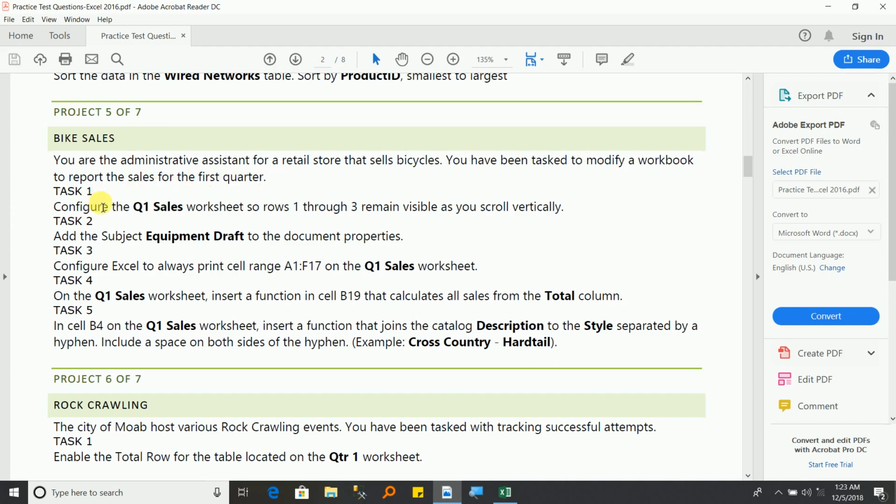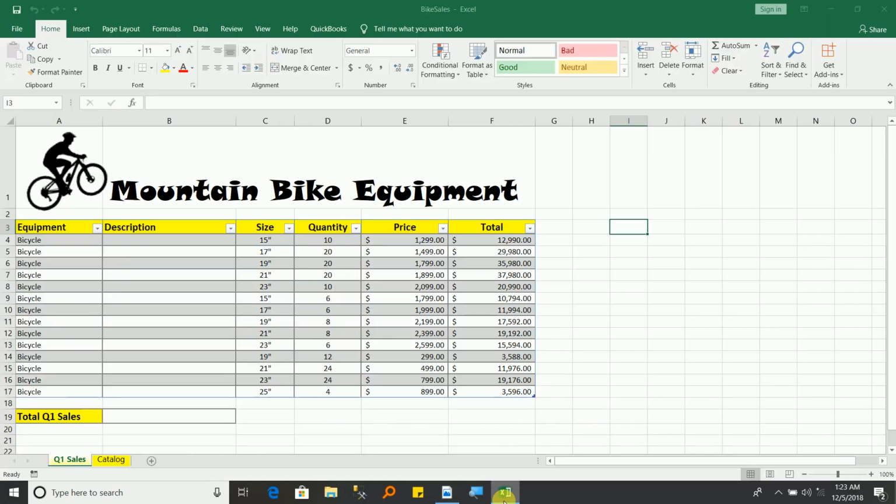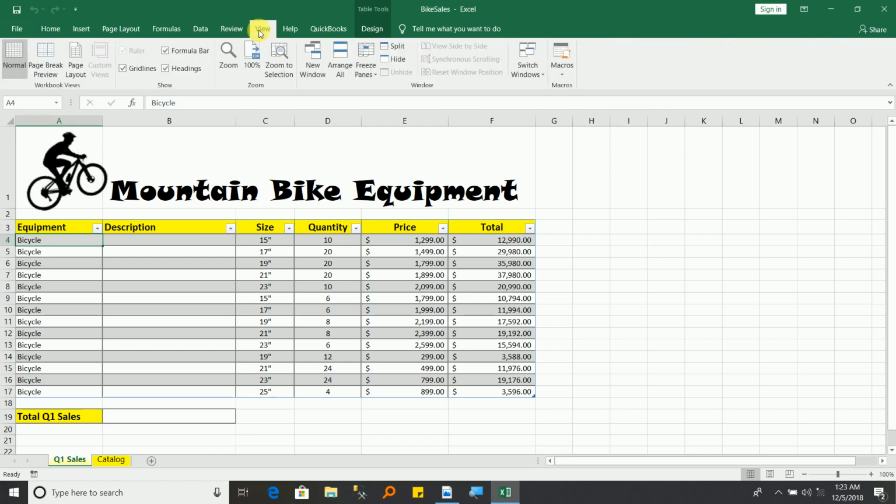So our first task is to configure the Q1 sales worksheet so rows 1 through 3 remain visible as you scroll vertically. So how do I do this? I go to my bike sales workbook. Then, since I want to make rows 1 through 3 remain visible, I'll click on the cell below, that is cell A4. Then I go to my view tab,